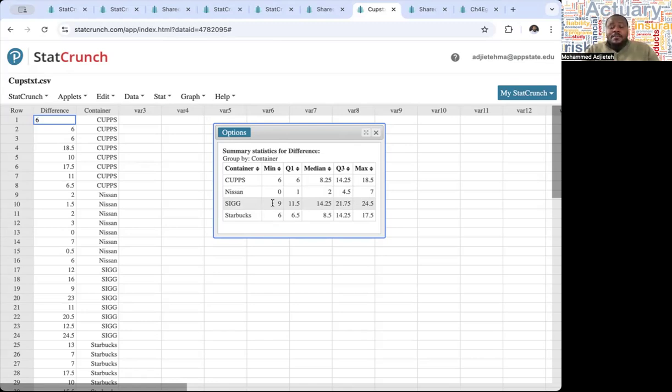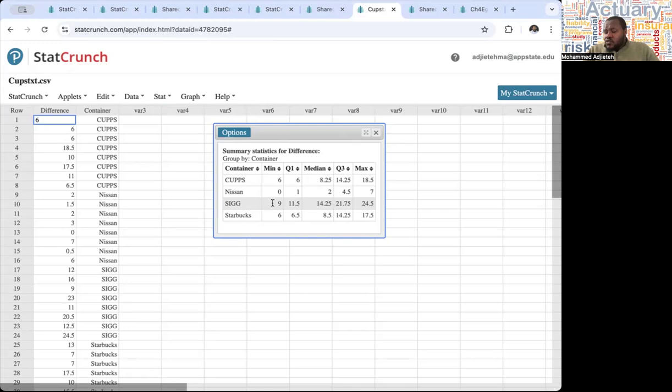So somebody who is a coffee drinker would be able to notice these huge differences. And somebody who always wants their liquid hot would not prefer the SIG cap. So just looking at this number summary, it's helping us make some insights, right? StatCrunch produces these numbers for you, but you have to be able to understand and also draw some inferences based on these summary statistics. That is what statistics is about. We are trying to make meaning out of the data. So we have this. Now,